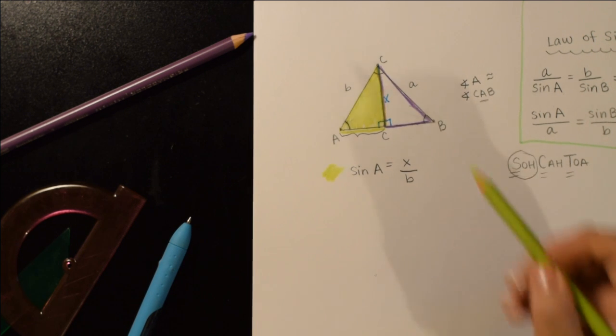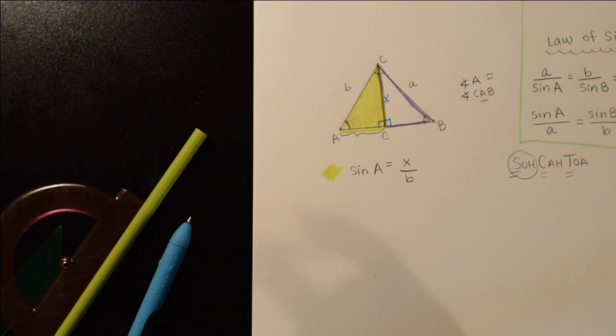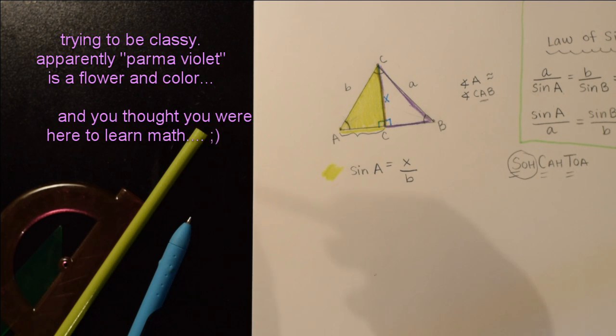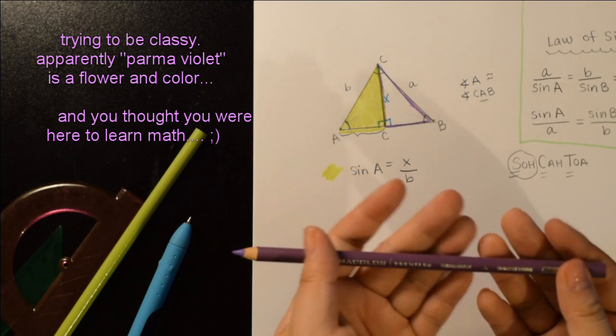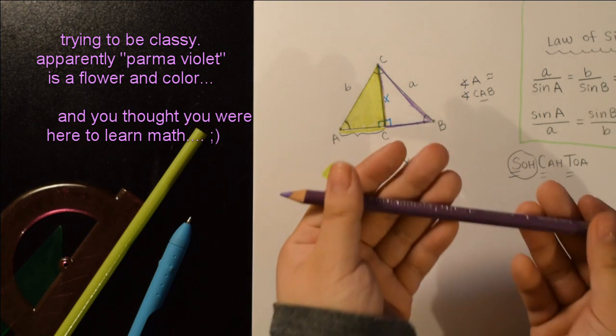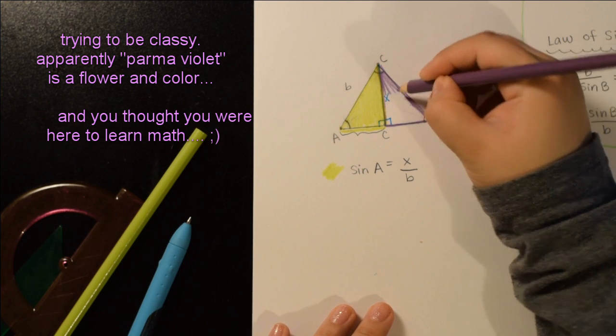chartreuse triangle. And now let's take a look at my violet de Parme. Why did I pick violet de Parme? I picked some interesting colors, but fancy sounding. But